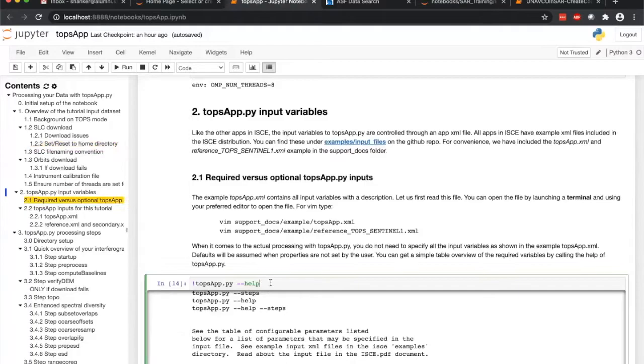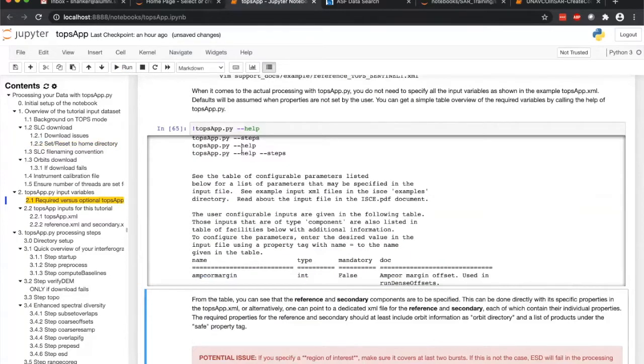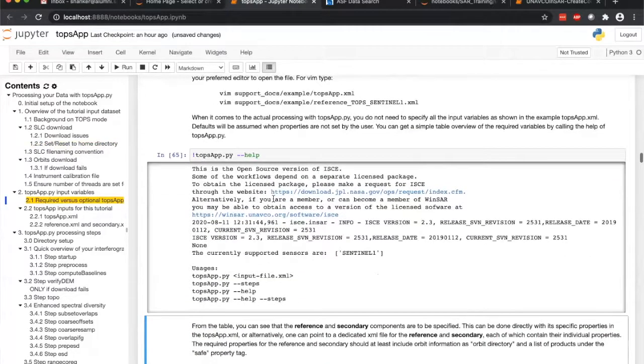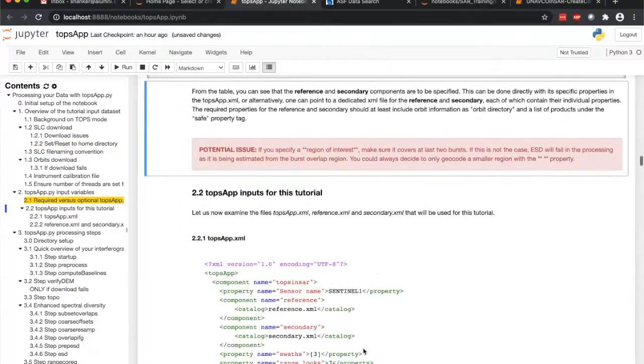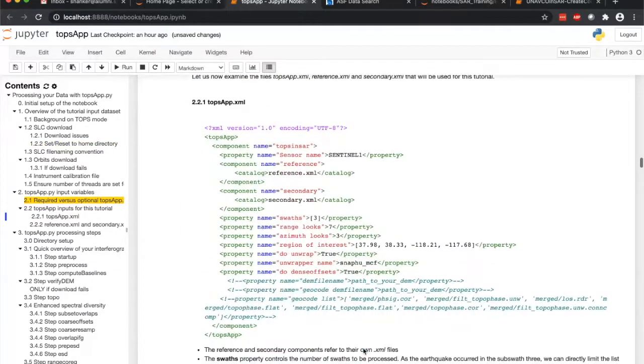We will be using topsApp. This is similar to stripmapApp. Yesterday you saw stripmapApp.py --help produced a help message. topsApp does the same. And the inputs for these will look very similar to stripmap